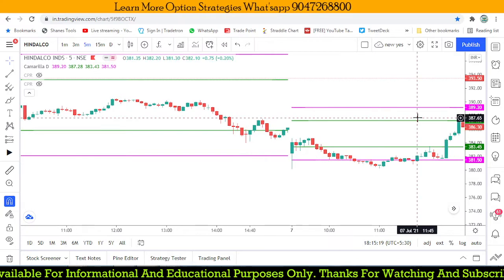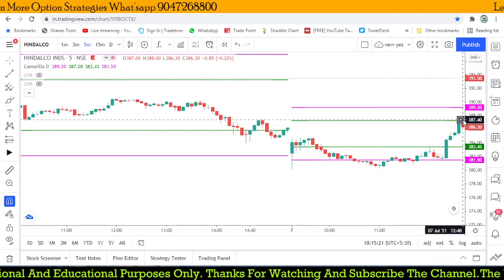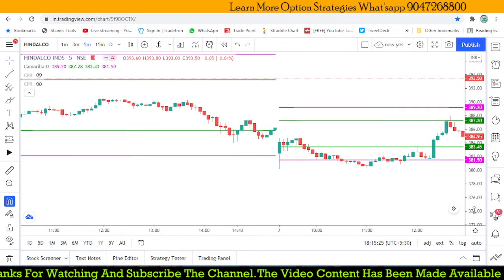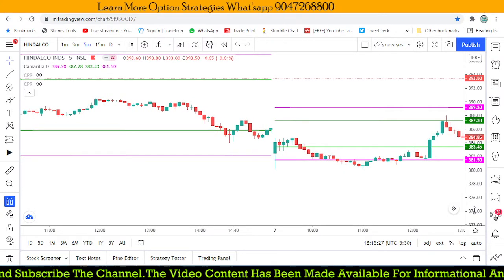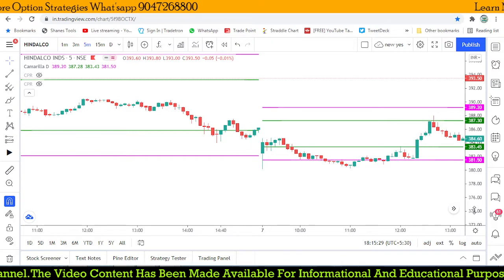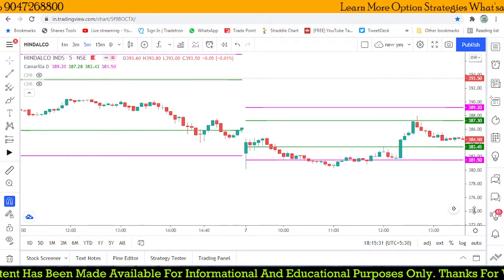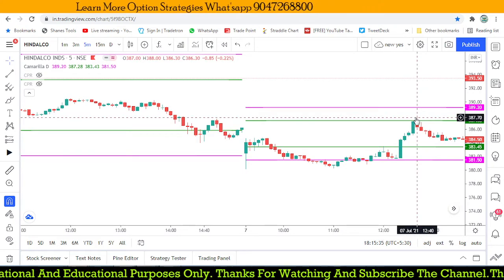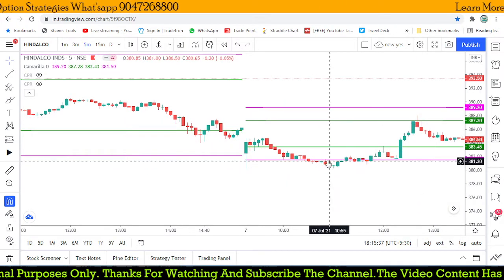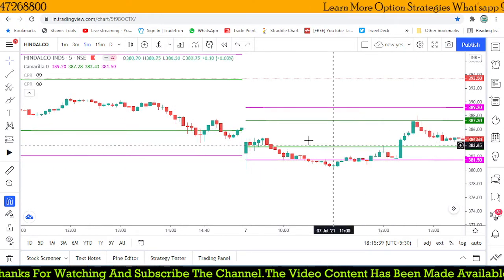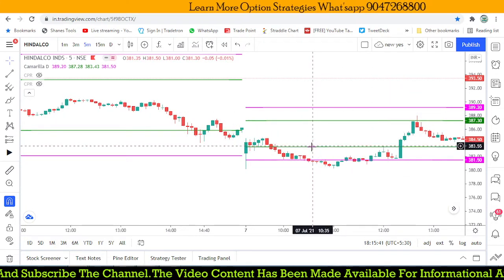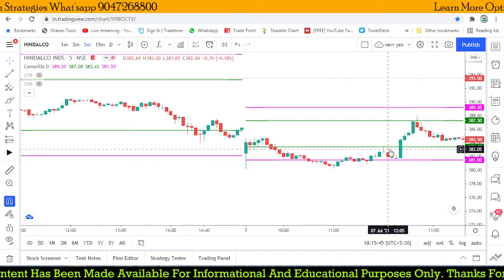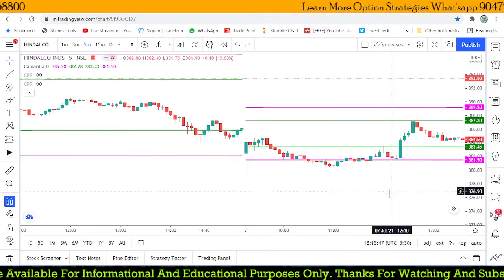So let's check it out again. Now it is taking some resistance at that point because of the R3 sell reversal, but we are still keeping the stop loss. Again it comes down lower, but it is still not reaching our entry point. If you are focusing on 1:2, here it gives you 1:2 profit, and here you are losing 1:1. So if you compare these two trades, we are in profit because we lose 2 rupees in one and get 4 rupees as profit in the other, so ultimately we are in profit.